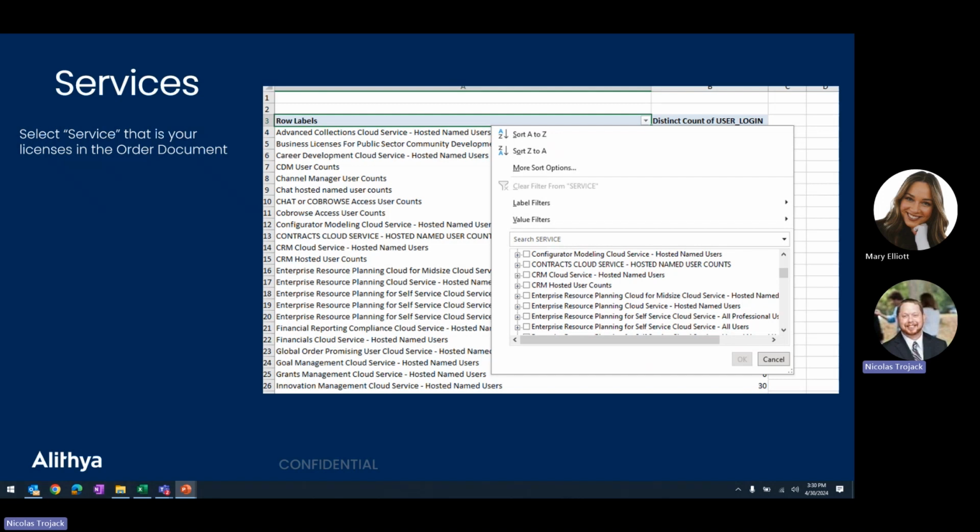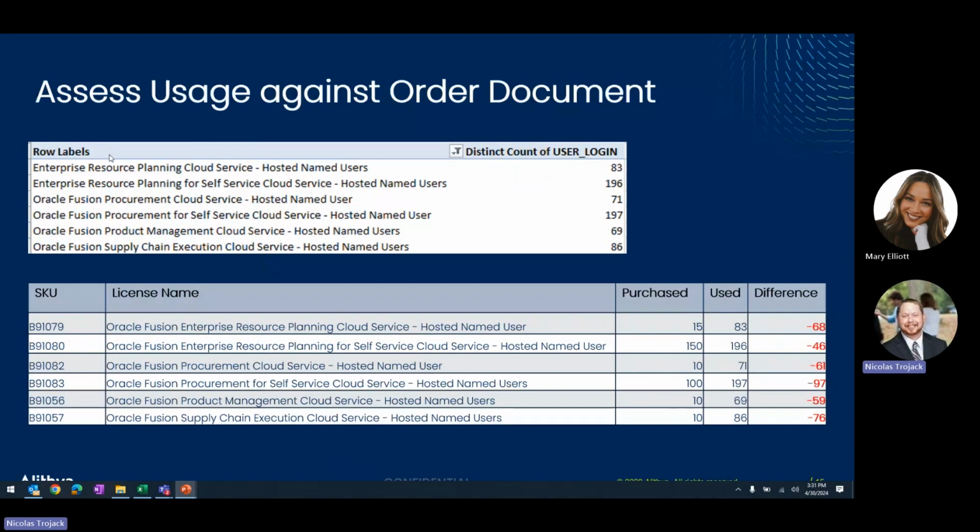Supply chain gets a bit wonky, but it's all a good time at the end of the day. So I just check those boxes. Those are all I want to see. Those are all I care about today. Once I've done that, now, was it product management? I nailed it. Now I have the name, which might not map 1-to-1 with what you see on your ordering